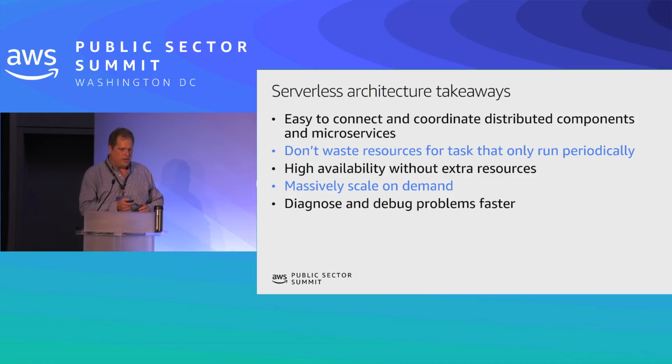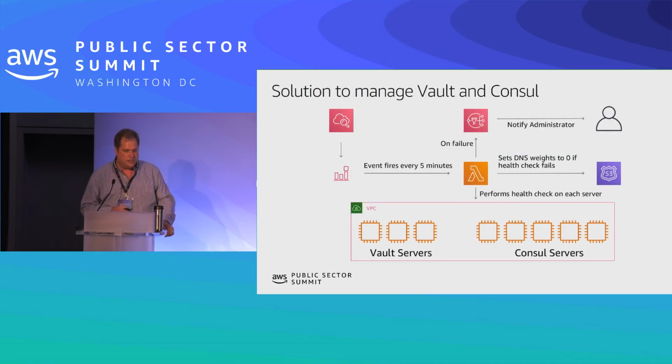One other thing I wanted to talk about, I'm going to back up one more on HashiCorp. If I were to do this now, HashiCorp has a new version that will use DynamoDB on the back end to manage servers. We're in the process of moving over to that. And finally, I want to mention AWS Secrets Manager, another thing that was created last year to do this same thing in Amazon.